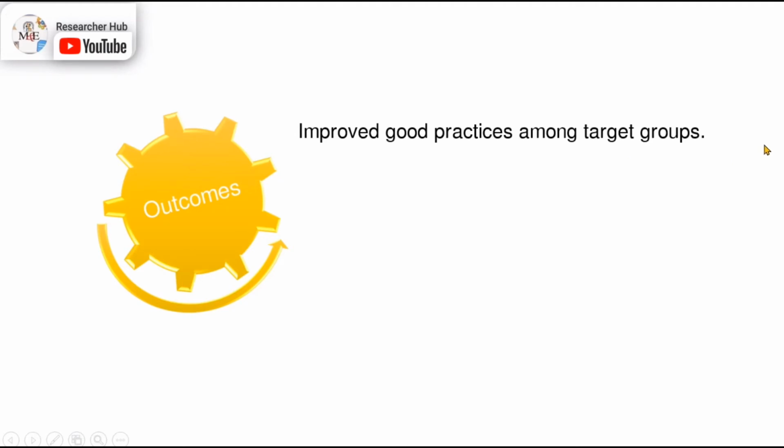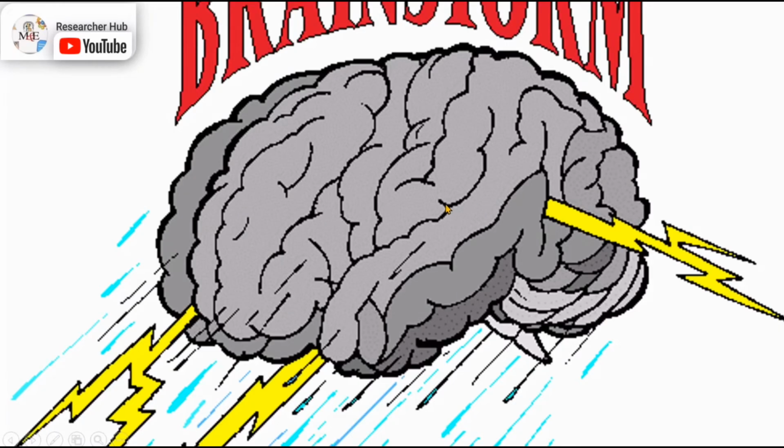Let's pick up this statement, improve good practice among target groups. So just an example of an outcome statement here, improve good practices among target groups. So this is the statement, this is the change that we would like to see. So therefore, we will select indicators, we will discuss how to develop an indicator or pick up any indicator to measure these statements. First of all, we need to brainstorm it to develop indicator